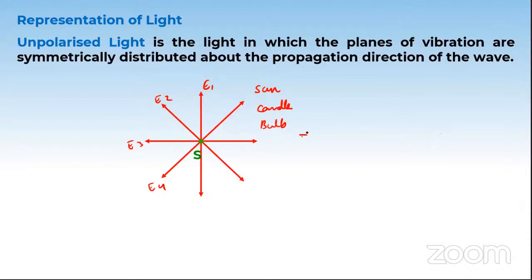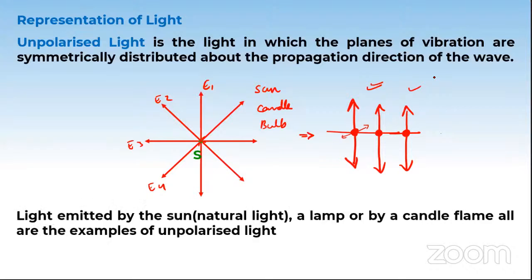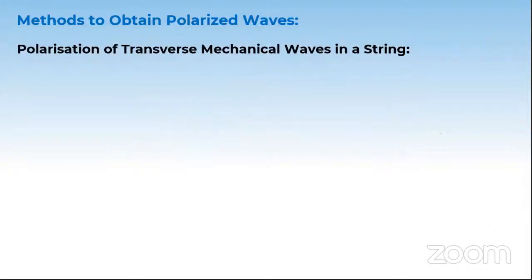This is very tough to draw, so simply we'll draw unpolarized light in this way. One axis is here and one more dot here. So this means unpolarized light. This means that there is one field oscillating up and down, and one field oscillating towards right and left. This is how we denote unpolarized light in a block diagram. This is very easy to draw, right? That one is very tough to draw, so we'll not use it, but we'll use this. As I already told you, light emitted by the sun, candle, natural lamp, they're all unpolarized light.